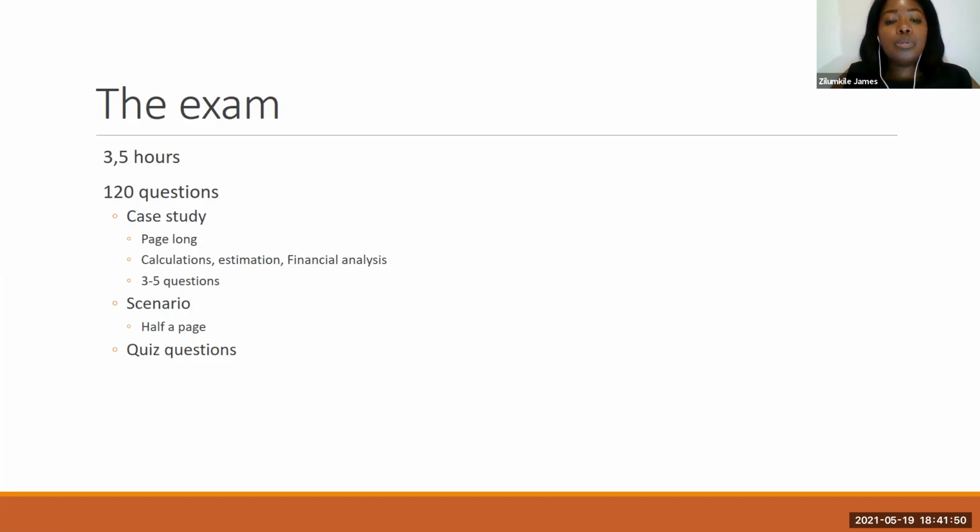When you're going through your simulation exams, please get at least a 90% in each knowledge area. I can tell you now that the last 3 knowledge areas that I mentioned are the most difficult, which is requirement analysis and design definition, strategy analysis, and solution evaluation. Those are the 3 most difficult knowledge areas, and because they are interlinked, there'll be questions that will test you on those. Please understand them. Yes, the exam will be marked, and you will have to pass each knowledge area. And if you pass all of the knowledge areas, then you will pass your exam.